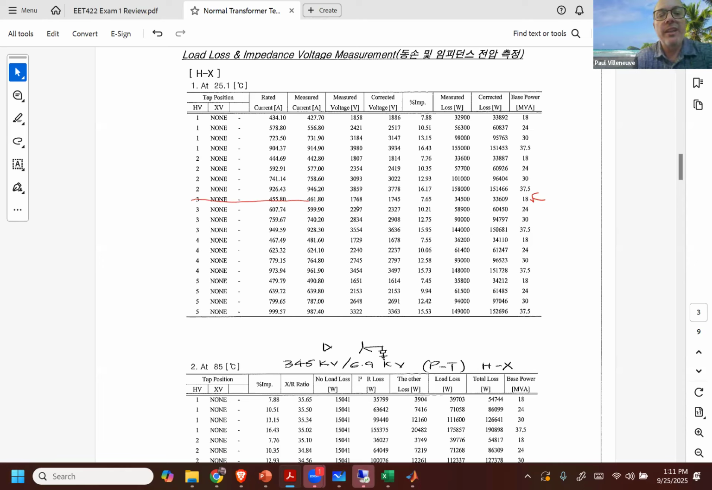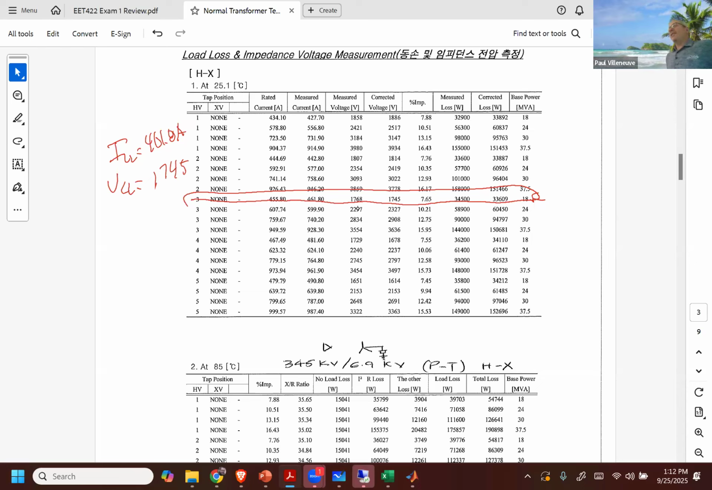So this one right here is what we're going to use for the load loss. So we can see that we have rated current, measured voltage, corrected voltage, etc. So my I load loss is going to be equal to 461.8. My V load loss is going to be equal to, it says corrected voltage, 1745, which is a good thing,